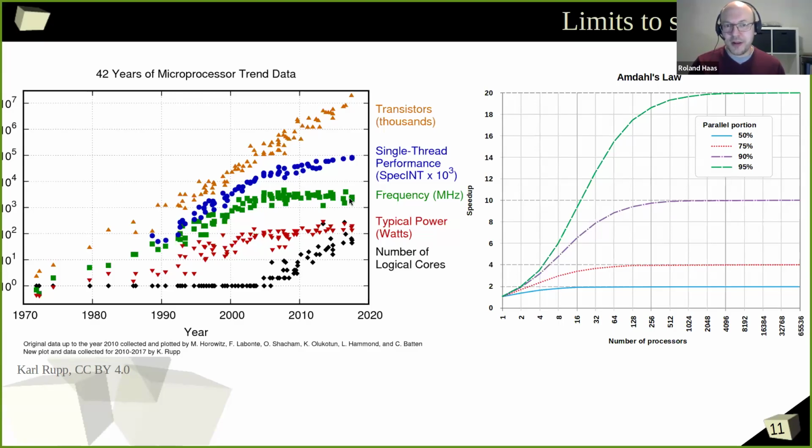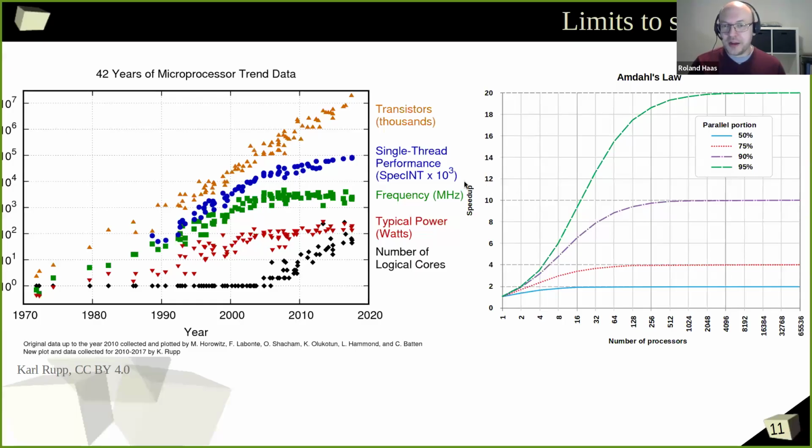Keep the frequency fixed, but you put in more and more cores so that the product of frequency times number of cores still goes up. That means compute power still goes up over time, just the frequency or the single thread performance doesn't go up in the same manner. All right, and then the last one here, that's kind of the cautionary slide that's called Amdahl's law,